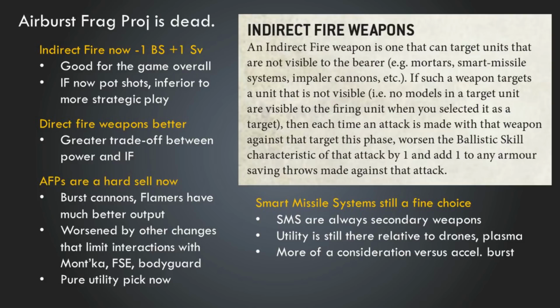Now we are increasing the strength of that trade-off. Now we're saying that you get the indirect fire ability, but your weapon's even worse than it was before. And so that trade-off really does promote the more traditional direct fire approach as opposed to that more utility choice of the indirect fire weapon. So again, we're seeing burst cannons and flamers are much better in terms of their output compared to airburst fragmentation projectors originally, but that's especially true now. Now that we're getting a third less hits and we're improving the save of the opponent on top of that,